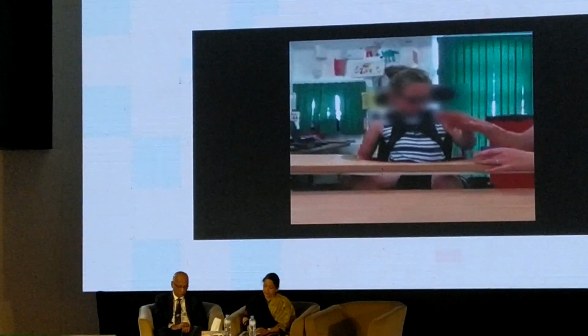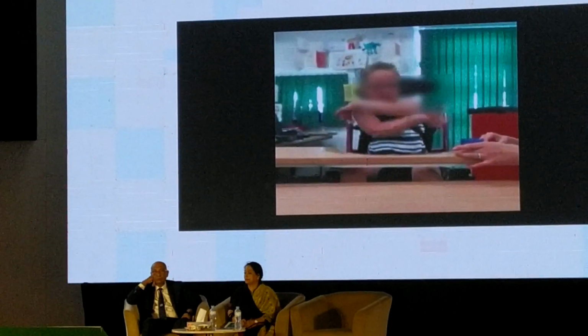The children that we see are mostly acquired dystonias. For example, this little girl is a cerebral palsy child with quite marked dystonia in her upper limbs. So although she has spasticity, she also has quite predominant dystonia which is affecting her quality of life. And this girl underwent deep brain stimulation successfully. Earlier somebody was asking about the role of deep brain stimulation